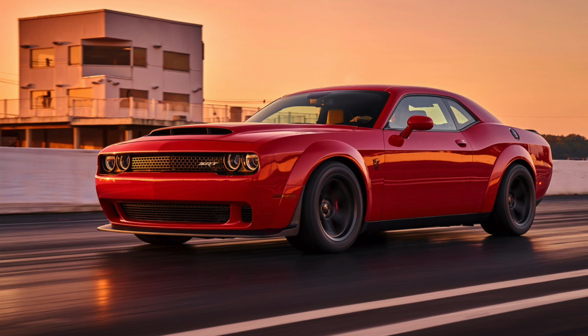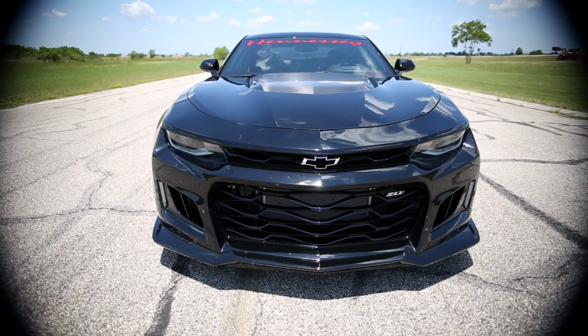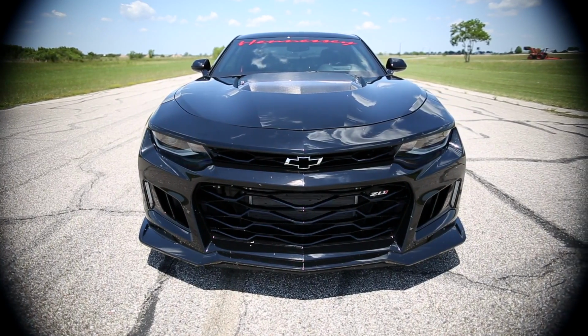The quarter mile happens in 9.57 seconds at 147 miles an hour. The Demon traps 140 at 9.65, and that's the fastest time that anyone's gotten from the manufacturer themselves. This consistently can do a 9.57 at 147. That is absolutely insane. And what's even crazier, the top speed, remember this is a Camaro, not a hypercar, 217 miles an hour. All right, well, we're gonna roll onto the throttle here because we are not on those drag radials, but